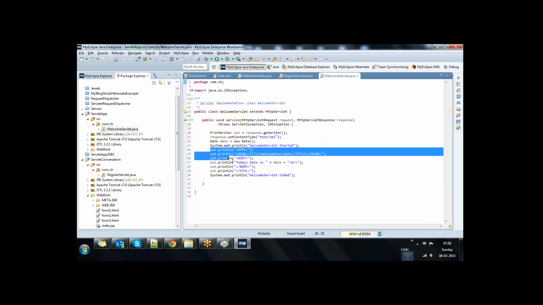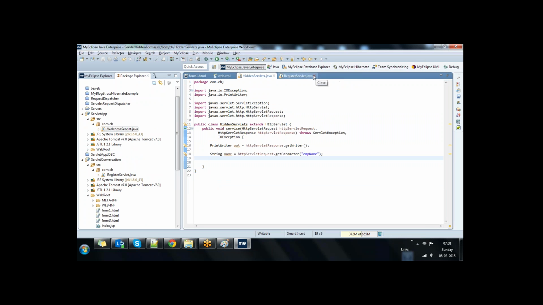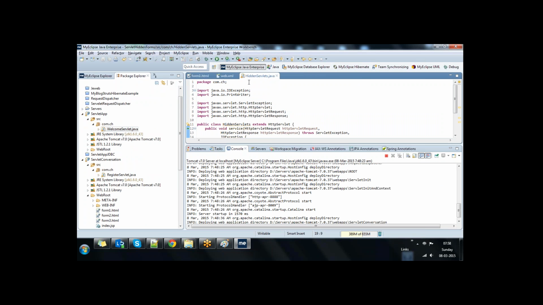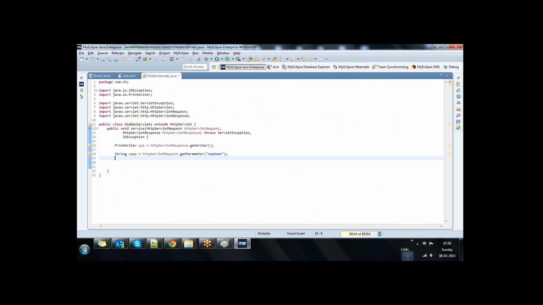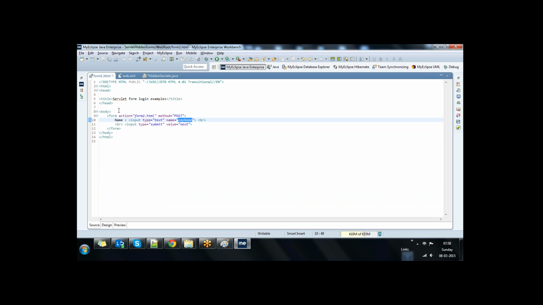This is the one I want. In the hidden servlet, form action,